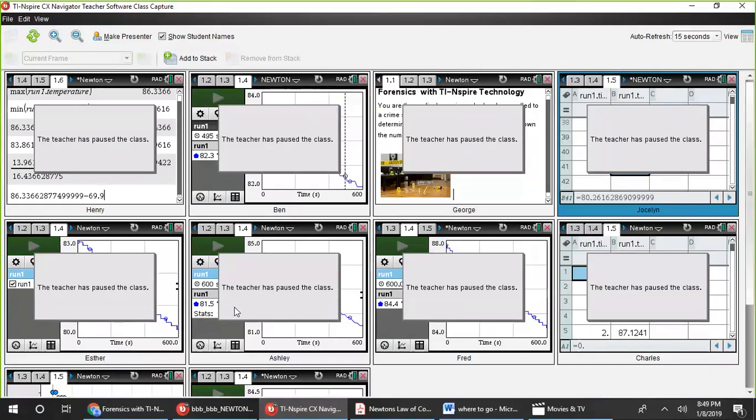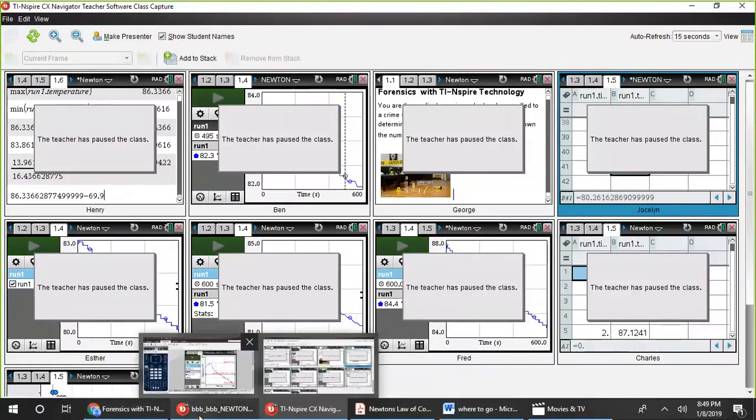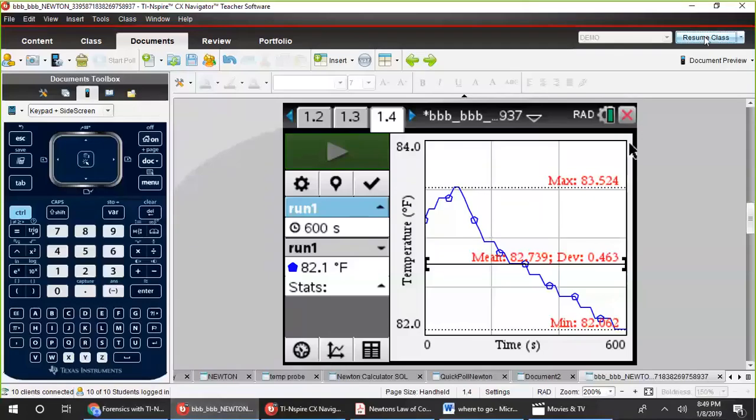Screen capture prevents them from using their handhelds. So what the teacher usually sees is the entire class looking up dazed because they can't use their handhelds. It's my favorite, I know. It's like a deer in the headlights, seriously. They're just like, what? So I go back and I resume class, and then Jocelyn can lead us again.